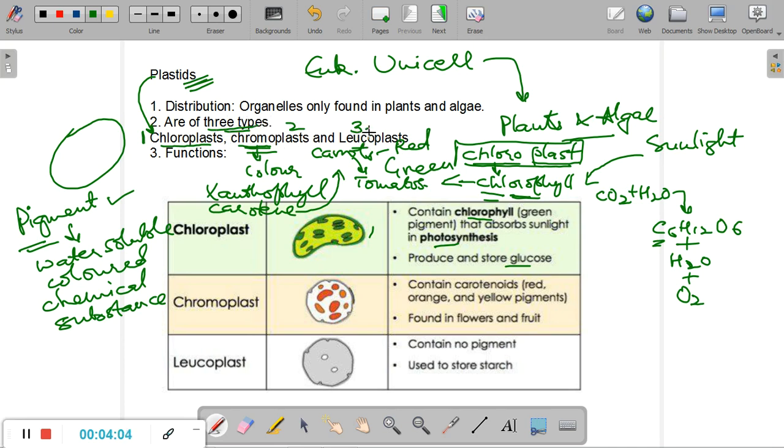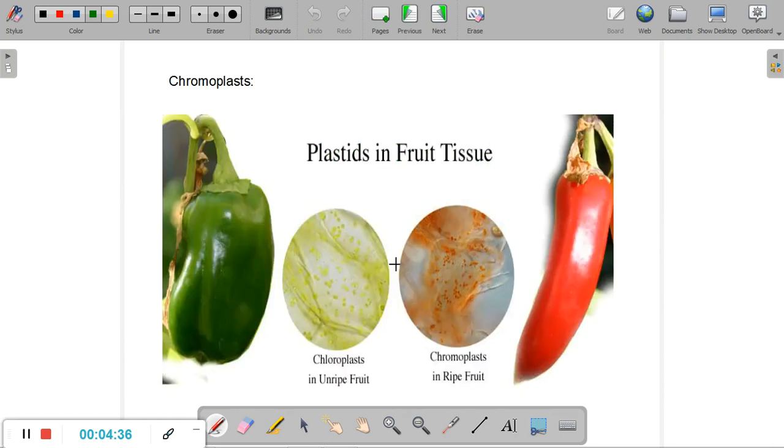The third type of plastids are called leucoplasts. Now the word leuco means colorless. No color. So these plastids do not have any color, which means they do not have any pigment in them. They do not have any chemical which is colored. So here are the three. This is what a chloroplast appears like. This is a chromoplast, and this is a leucoplast. But what are the functions of the three? So let us move a little further and let me show you